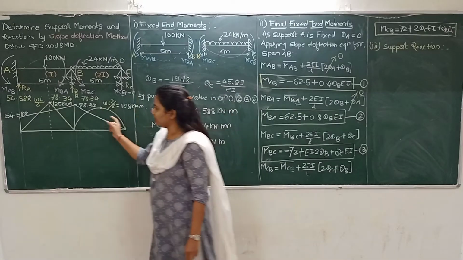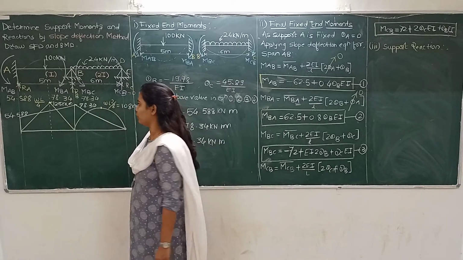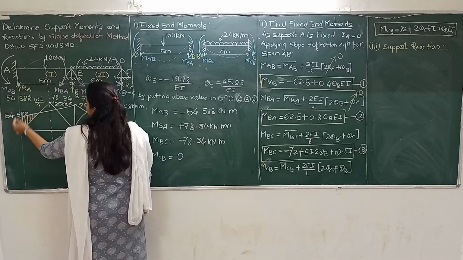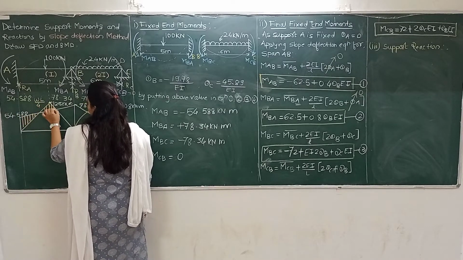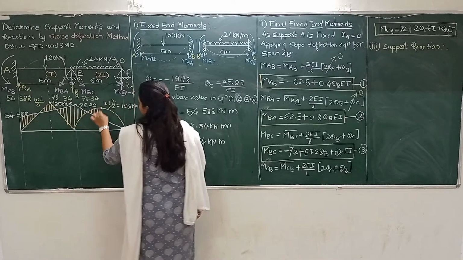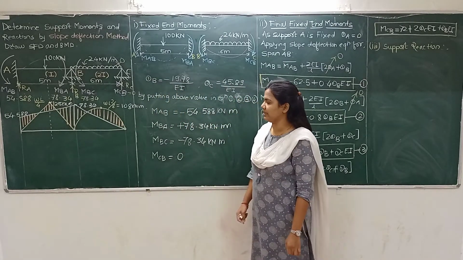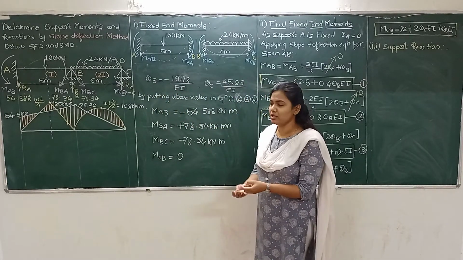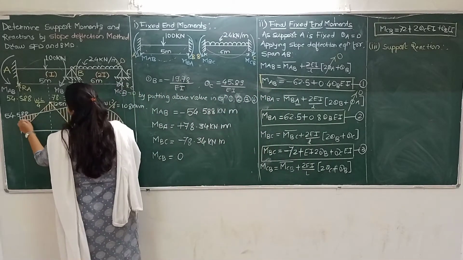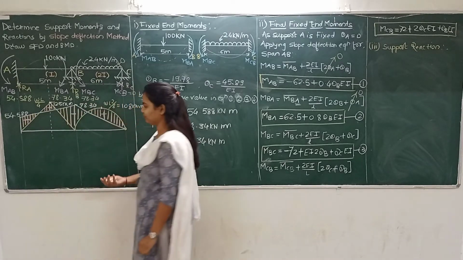If we have to find the net effect of bending moment at every point or at every support, the net effect will be this much. From support A to B, this is positive, then this is negative, and this is positive bending moment. We call this the net or superimposed BMD effect. So this is the negative value, this is positive, this is negative, and this is positive.